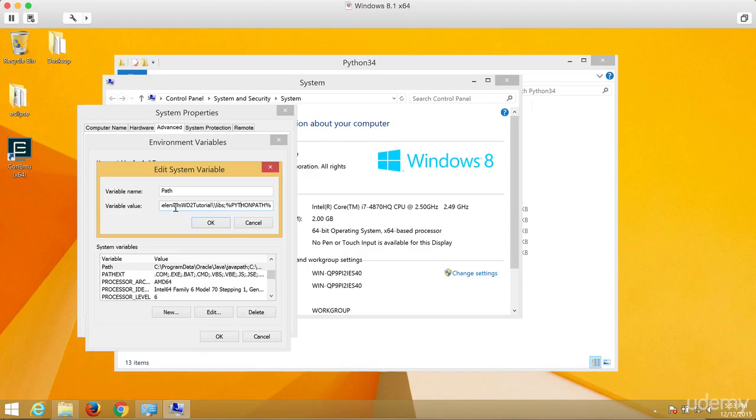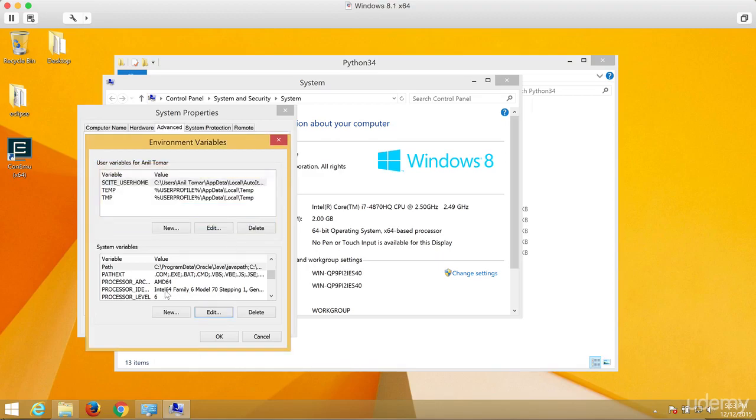This is after everything. Do not touch anything before it, because the Path variable is really sensitive. Do not modify anything before it. Just after the semicolon, add percent PYTHON_PATH, all caps as I've used, and then again percent. So it's going to use the Python path variable and set it to the system path. Now I have to add the Python path that I added to the Path variable.